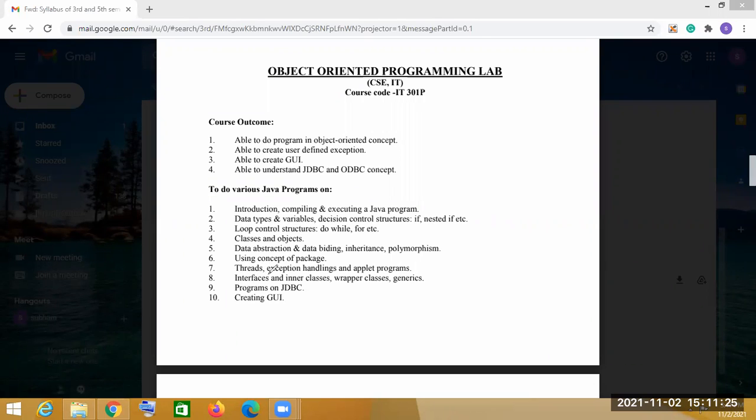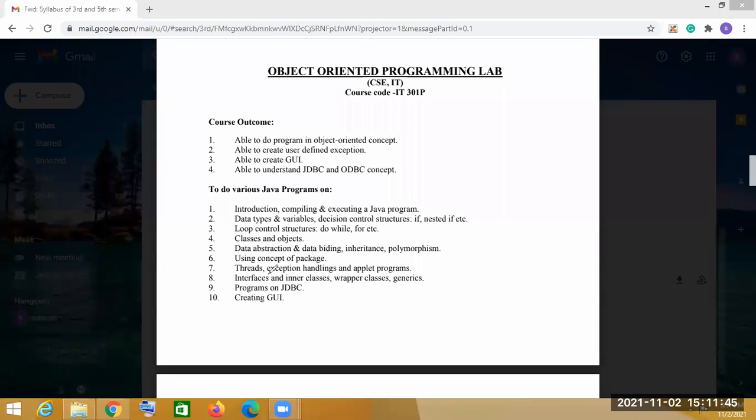So first, in the introduction part, we will see how a Java program is compiled and how a Java program is executed. Basically, to install Java, we will not use any IDE.